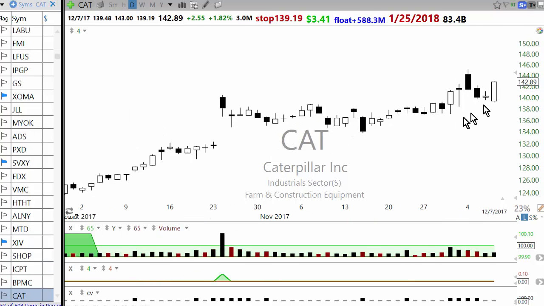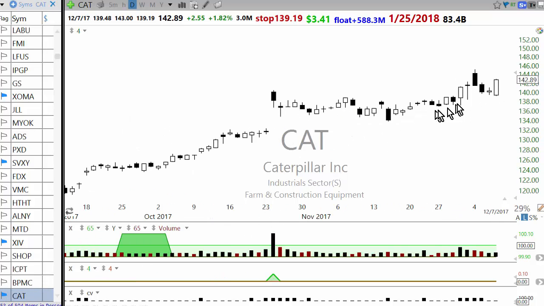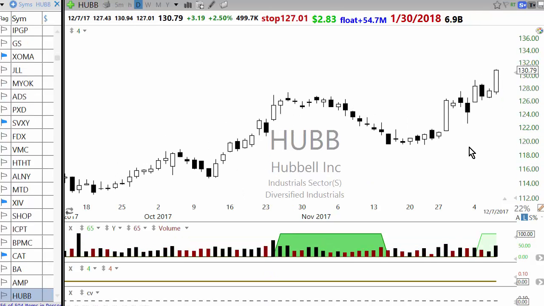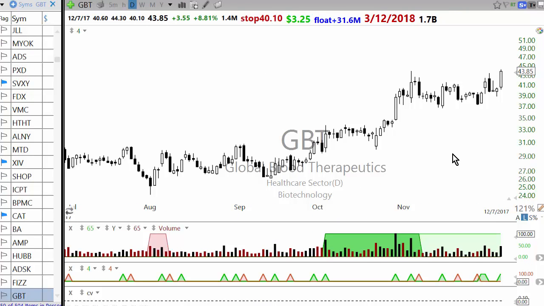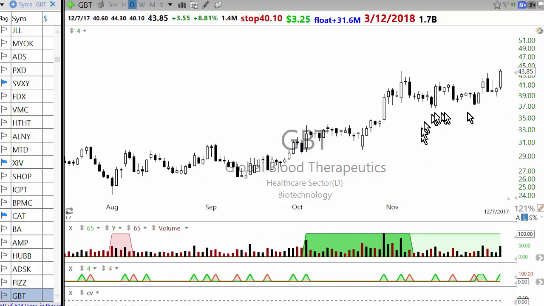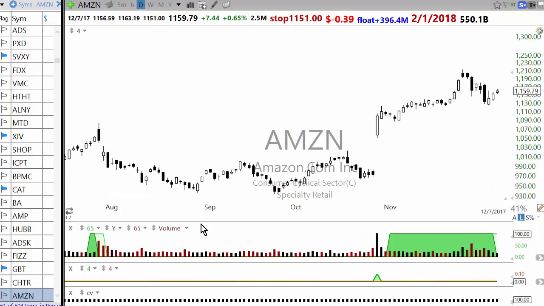Caterpillar, this is a possible setup. Say here earnings, it went sideways for a long period of time, it was going up, pulled back a little bit, and then is again reasserting itself. It's a very choppy sideways move, so that's why I'm a little bit skeptical about a breakout like this, because it's too choppy, but it can still work. Okay,